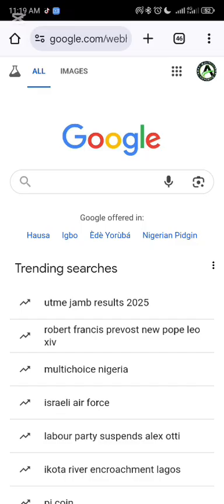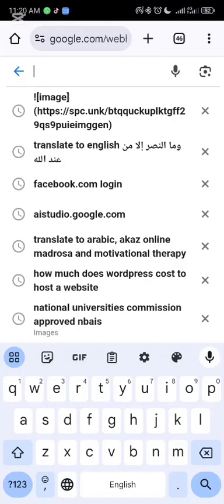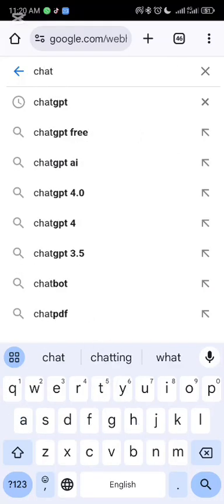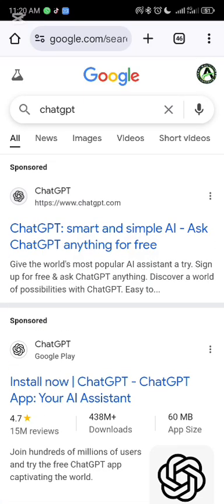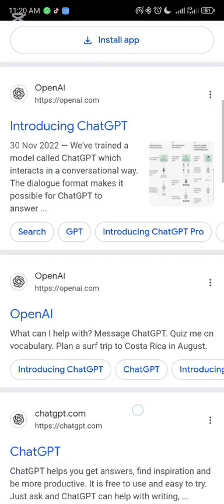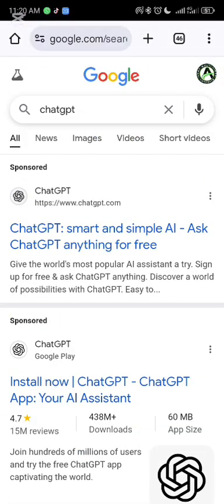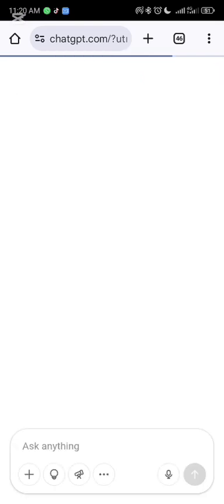Go to your Chrome and enter chatgpt.com. So after you will bring so many ChatGPT, but in our case, we will choose the first one. After choosing the first one, it will tell you to sign in or sign up. It will bring this page, but you can sign in if you have created an account before, and